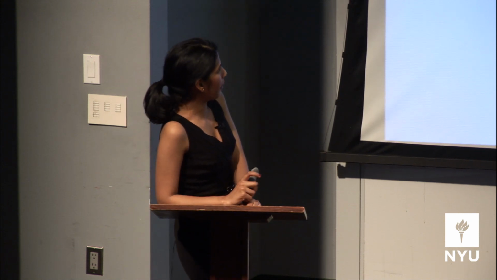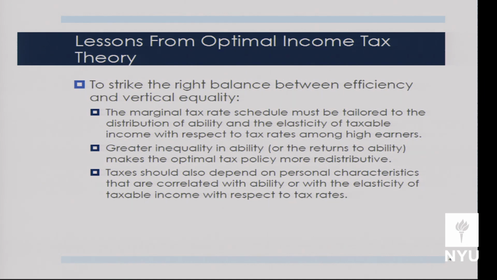And the last thing I want to talk about is that when we think about optimal income taxation and how it relates to efficiency and vertical equity, we want to think about how ability is distributed in the population and how elasticity is distributed in the population. If high ability people are really low elasticity, that makes them a great target, right? Even if their high income is a function of both ability and effort, if their elasticity is very small, i.e. they don't exert less effort necessarily when you tax them more, then high income people are a great source of revenue, right?